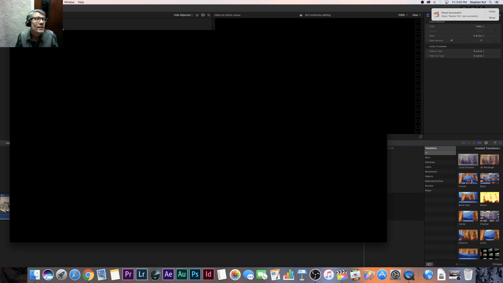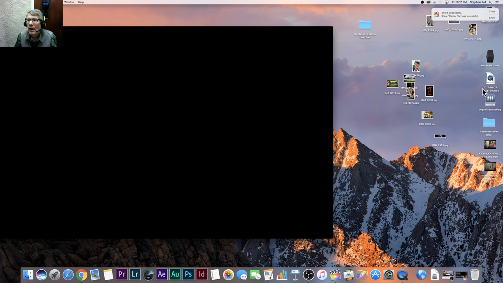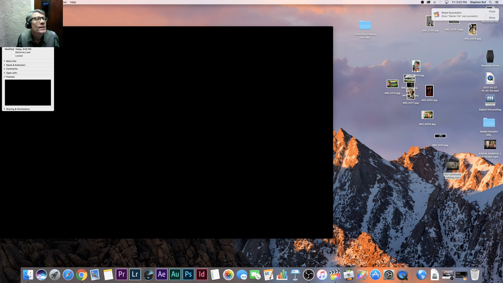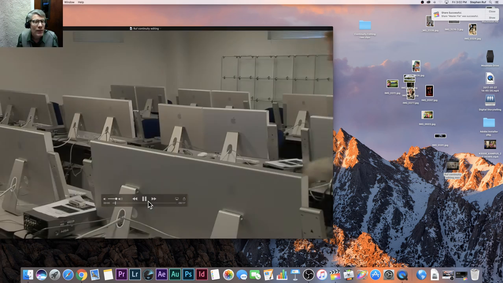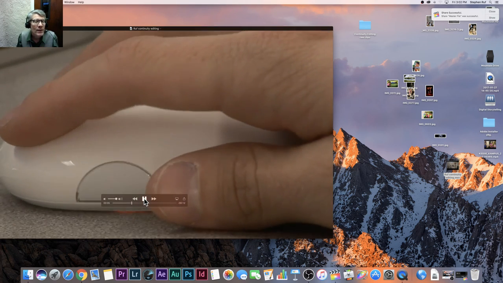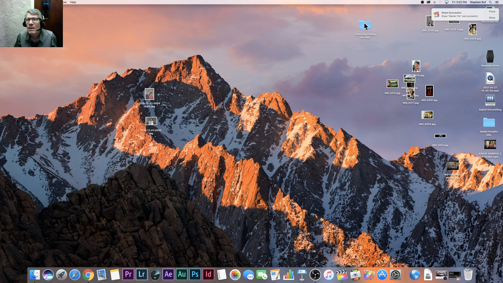And if we were just to minimize this, you can see on the desktop, here's your file where you've just, I'm sorry, that's not it. It would be Roof Continuity Editing. It should be right here. Yeah, there's your QuickTime file. If you right-click on that, you can see how large it is. There it is, 37 megabytes. And if you need to play it back, you can just see it. Here it is, fading in from black. There's your finished project. And this is the file that you would upload to the server, which again is